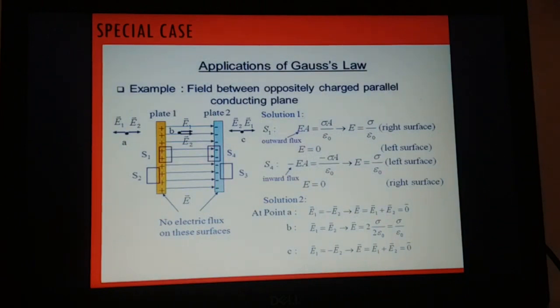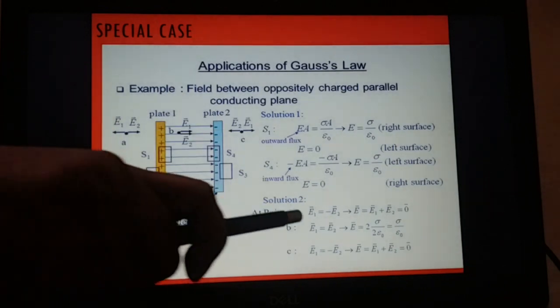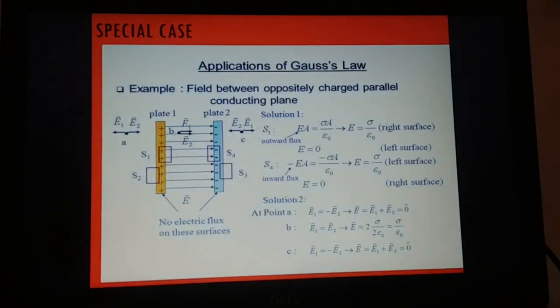In the first region, that will be E1 minus E2. But one thing you have to consider: both the plates are having the same surface charge density. So according to Gauss's theorem, due to the first plate, which is positively charged, E1 is the electric field intensity, and it is given by the expression sigma by 2 epsilon 0, that we have already discussed and revised now.